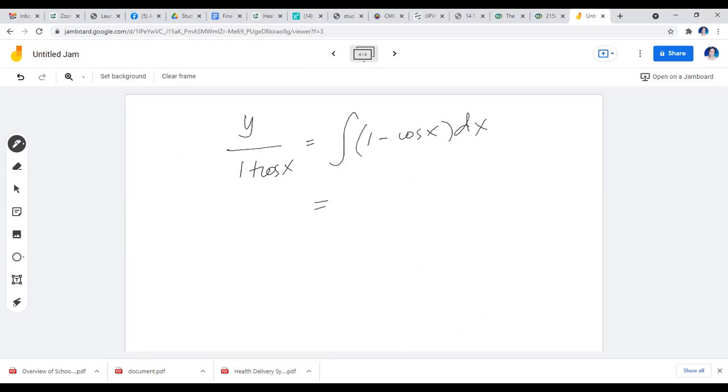So you will have an x for the first term, and the integral of the cosine is positive sine. Okay, last, plus C. So if you want to write your solution in explicit form, you may cross multiply this 1 plus cosine of x expression to the right side. So you have y equal to 1 plus the cosine of x,